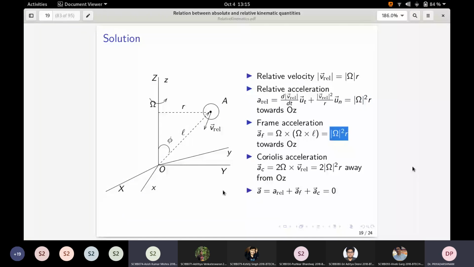Sir, the particle is fixed on the moving frame because you're keeping it on the equator. So relative acceleration should be 0. And Coriolis is also 0 because it is fixed. So we will get only the frame acceleration. Okay, so why did you say relative is 0? Because it is fixed on the moving frame, we're keeping it at the equator at a fixed point. Okay, so therefore it should be frame acceleration. You are right, now I got your explanation. Yes, the relative component is 0 because it is not moving relative to the frame.